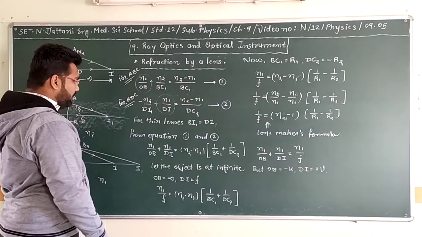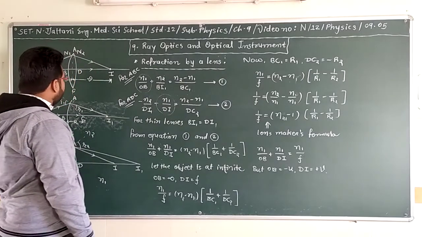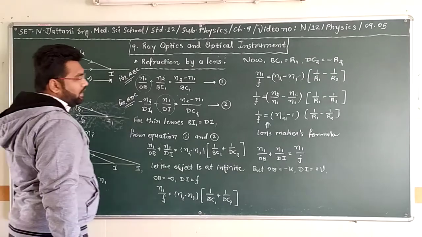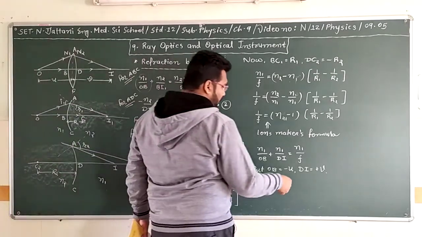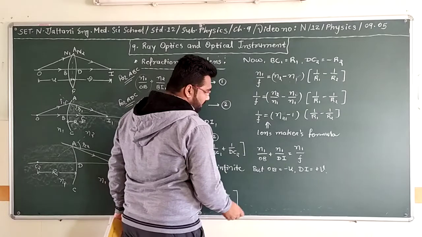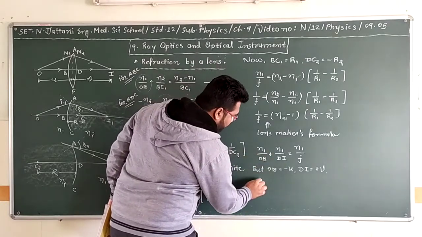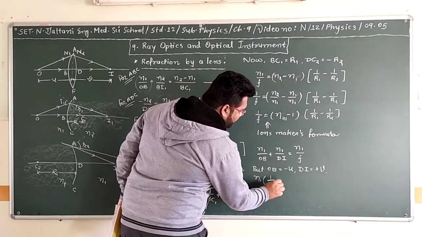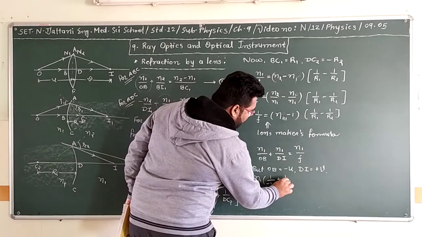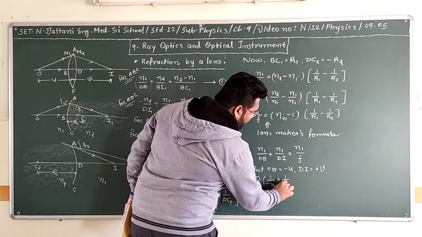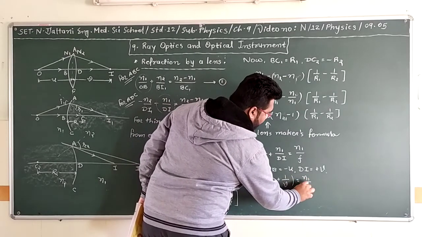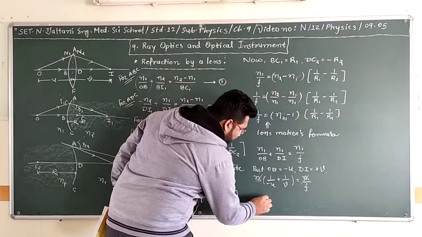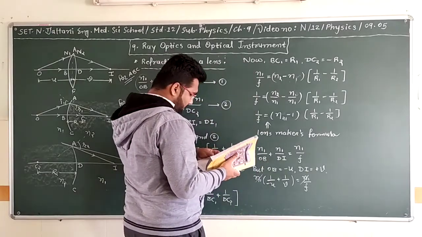So we put n1 common, minus u, plus 1 upon v, equal to n1 upon f. n1 will be cancelled from both sides, and we get the formula 1 upon v